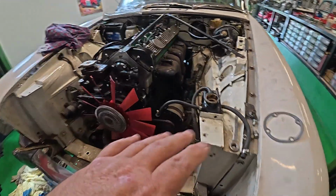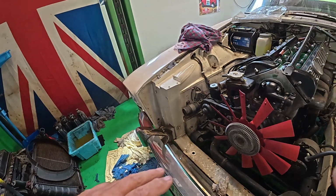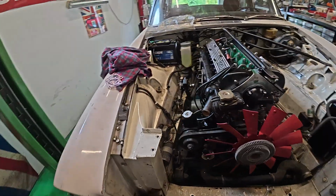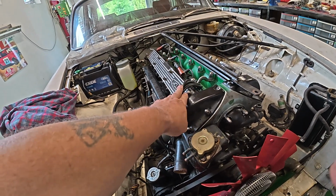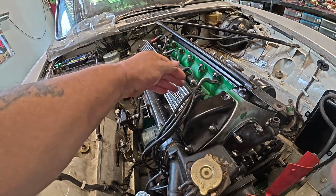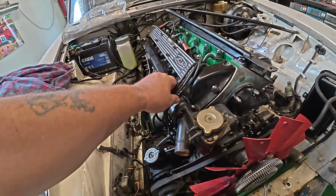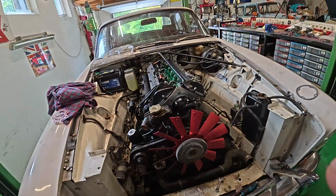That's all cleaned up and done. All the rust is out. Got to give the radiator a clean, and the cabling is coming tomorrow. So the HT leads are coming tomorrow, and there's a block that's going to sit in here with the 6 HT leads in it. That's coming tomorrow from Holland, and I think the badge for the front of the car,